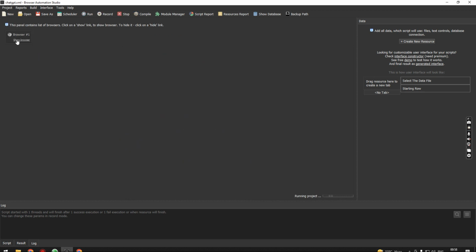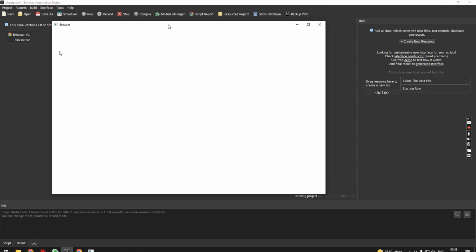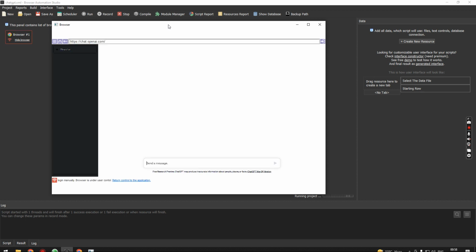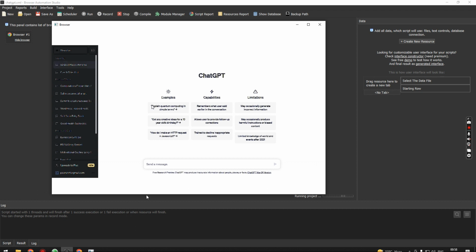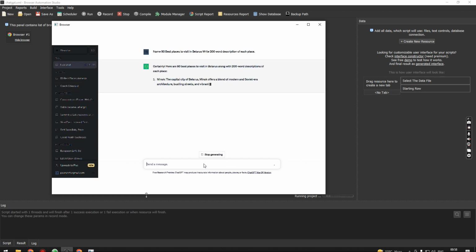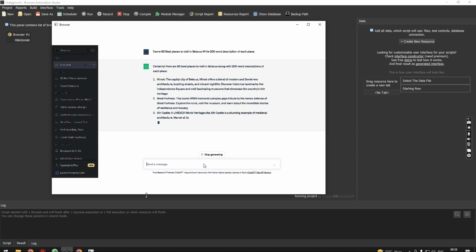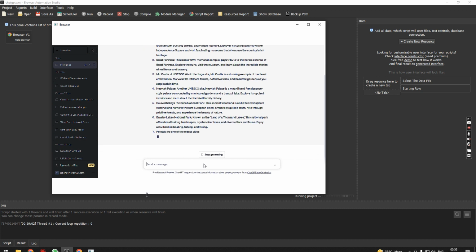Now the bot will automatically log me into Chat GPT, and if you haven't logged in earlier, you will see this message: login to the Chat GPT website manually, and I need to click this button so that the bot can take control. Now the bot is creating, in fact Chat GPT is creating an article for Belarus, 50 most visited places,